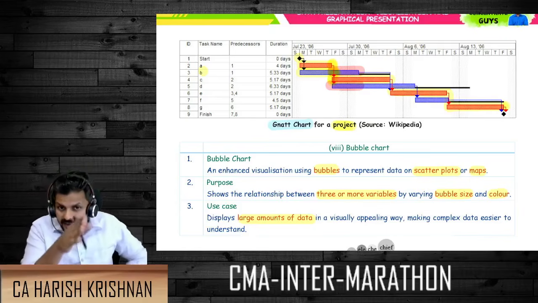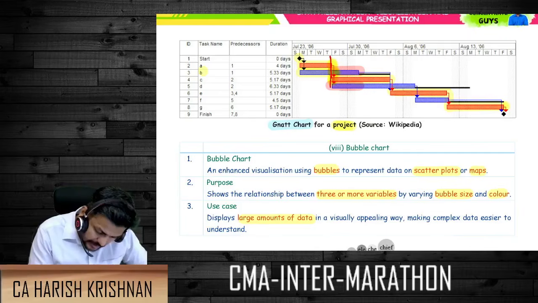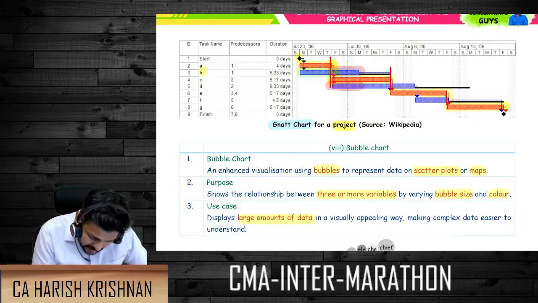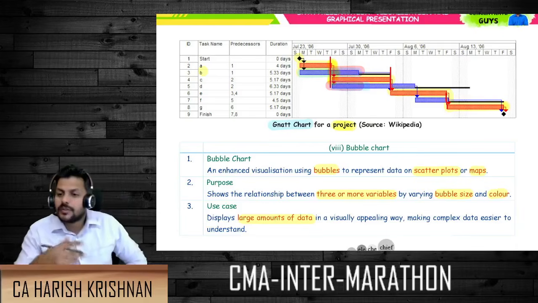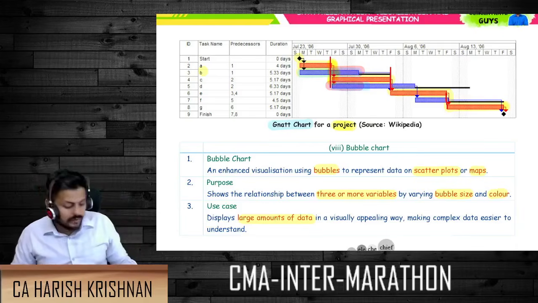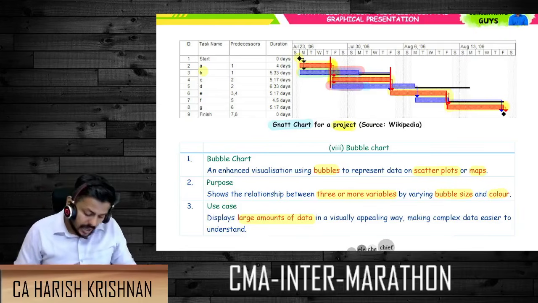See the red lines. Once a red line is over, here this red line is over, then the next project is starting, then here also, then after that is over, then the next one is starting, then here also. So neatly it is going like that. But if you see the blue lines there, here also it started, which means it is overlapping. To know the status of a project, we can always use these Gantt charts to understand the project and what